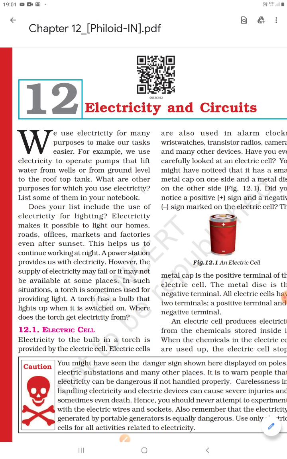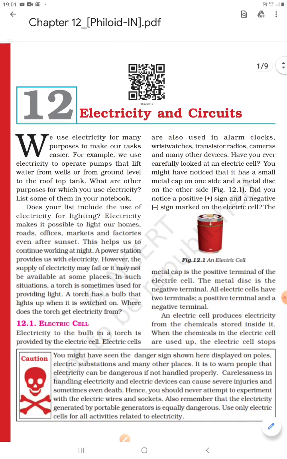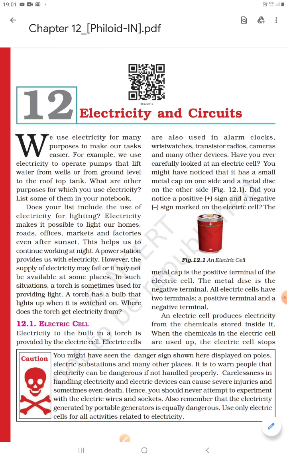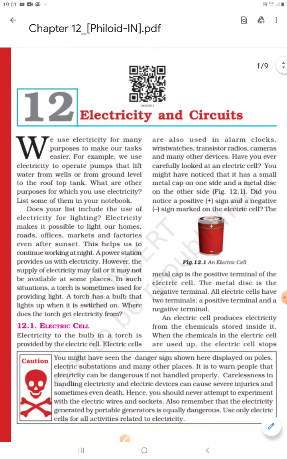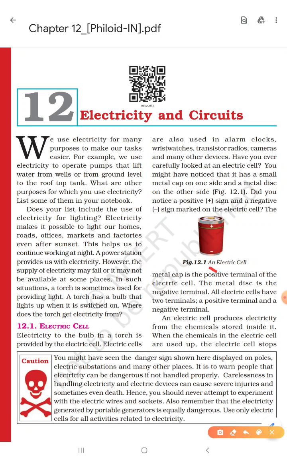So at first we have the electric cell. At first we will discuss the electric cell. You are familiar with this one. This is an electric cell. We use this in a torch. This is used in alarm clocks, wristwatches, radios, and many other devices. You might have noticed that it has a small metal cap on one side,